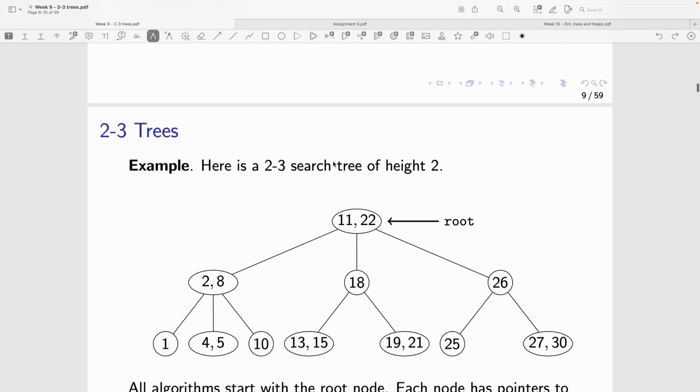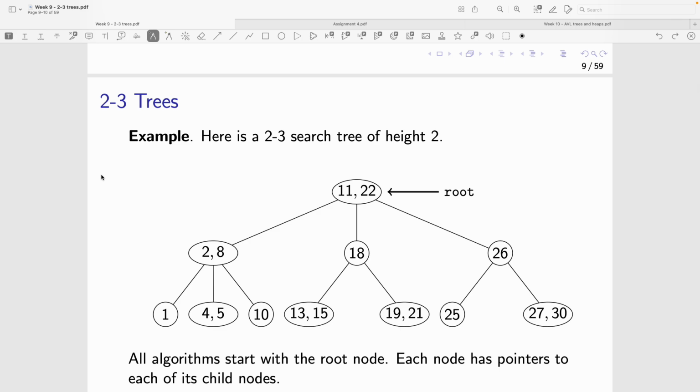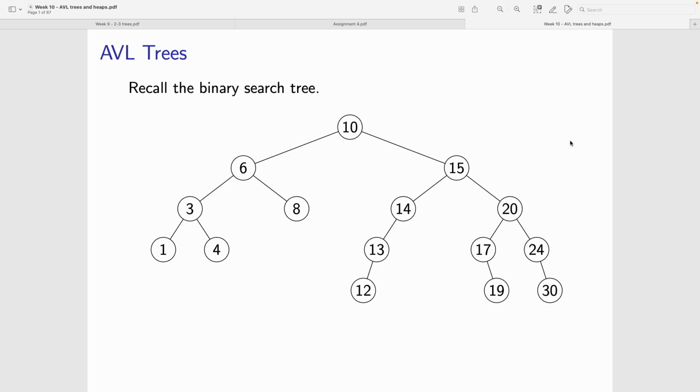2-3 trees solve this problem by changing what a node can contain and imposing pretty specific rules on what children the nodes can have. An AVL tree, on the other hand, is another solution to that same problem. It keeps the structure of a binary search tree where every node has one value and 2 children, but it has some pretty neat